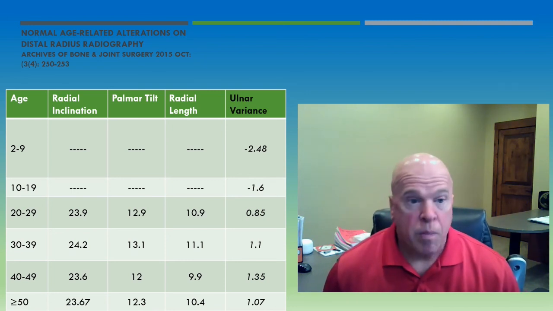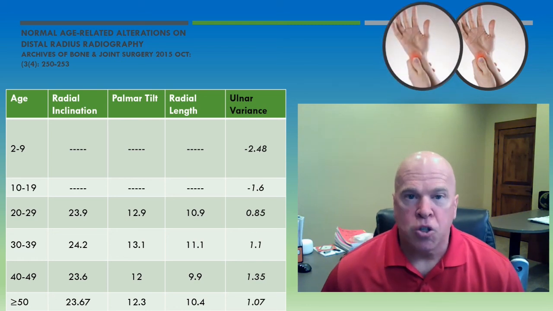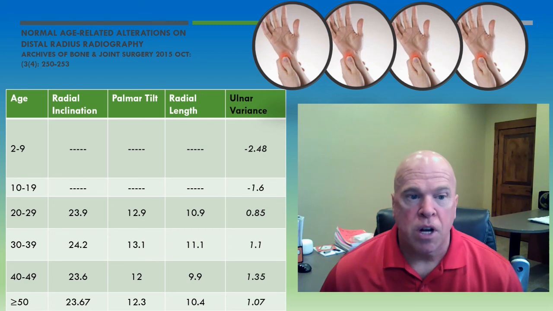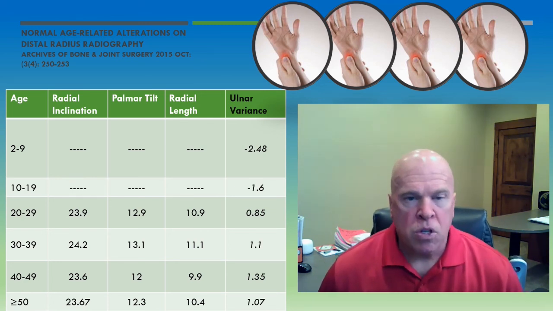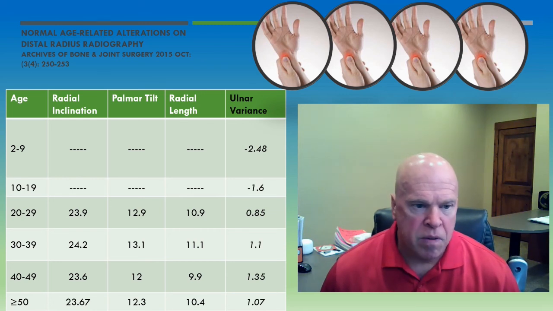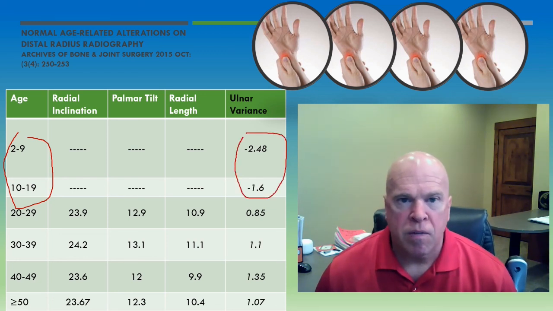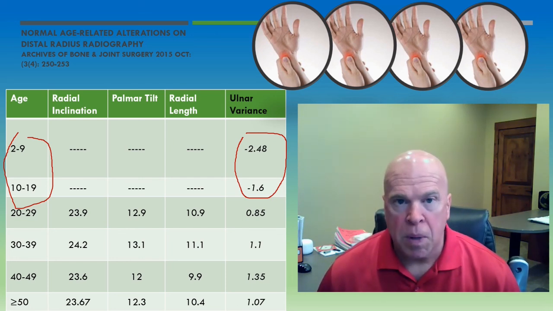Okay, and this is from a study entitled Normal Age-Related Alterations on Distal Radius Radiography. This is a 2015 study from the Archives of Bone and Joint Surgery. What this table depicts is that in young individuals, say between 2 and 20 years of age, radiographs and measurements of the distal radio-ulnar joint indicate that young individuals typically have a negative ulnar variance, meaning the